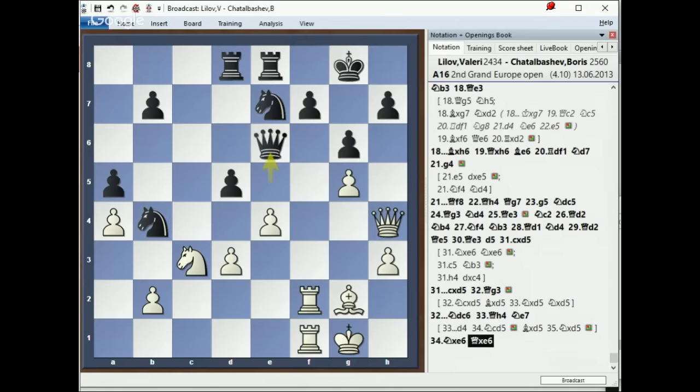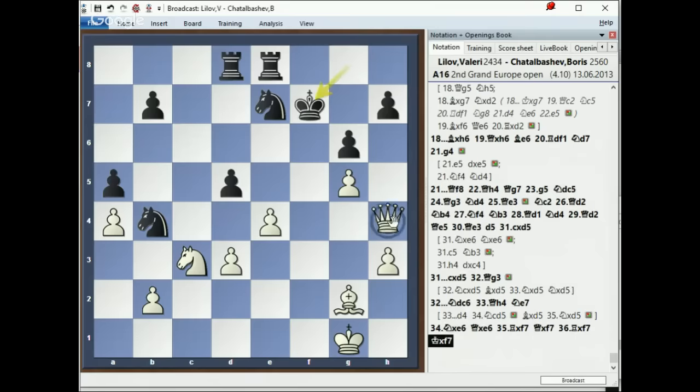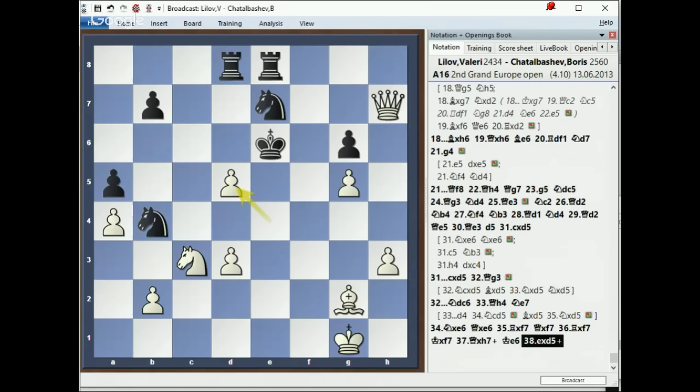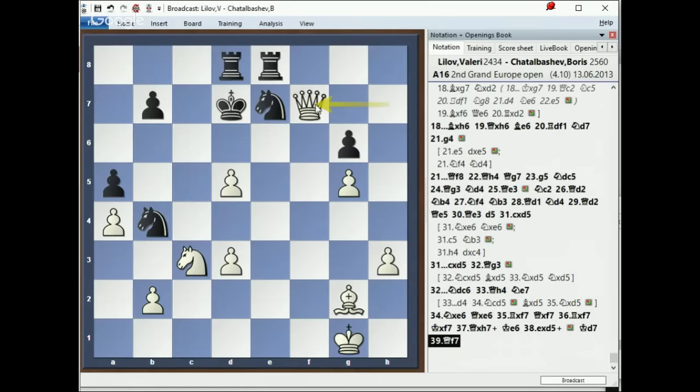Queen takes d6 seems most natural, but then I've got rook takes f7, queen takes f7, and then queen takes h7. Then I'm thinking that if he plays king e6, there's a check on the d-file. I mean, two rooks are stronger than the queen, but not in this position. Yeah, you can trust me on that. If he exchanges, I'll probably exchange two times. g6 falls. If he moves away with the king somewhere, I'm gonna play queen f7. You can see the rooks are completely and utterly useless in this moment.